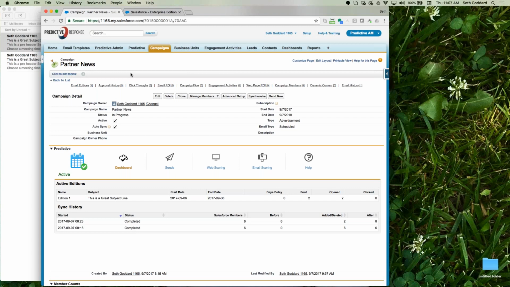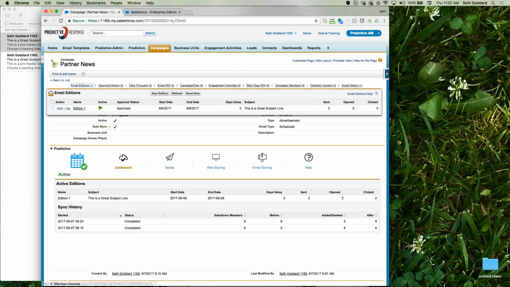And then finally, I'm going to cover what we have currently live in production. It's called engagement activities. Engagement activities allow you to track web clicks and report on that inside of Salesforce. But a lot of people don't seem to know that we have it, so I wanted to cover that again today. So I'm going to go ahead and start up here with, again, this is a new